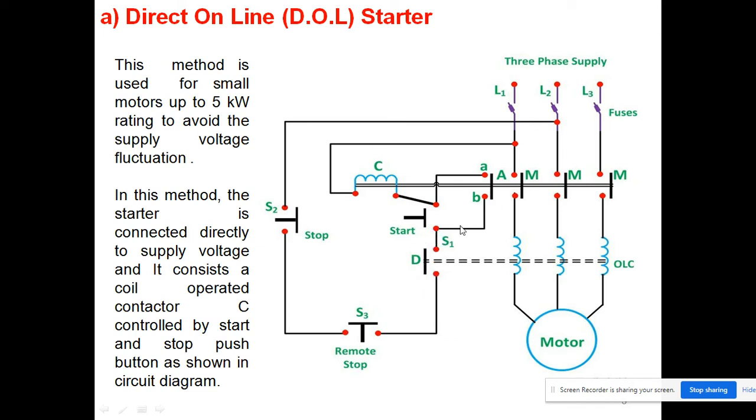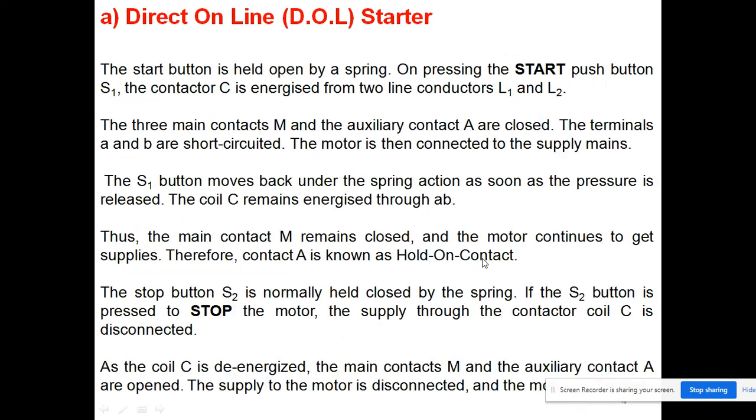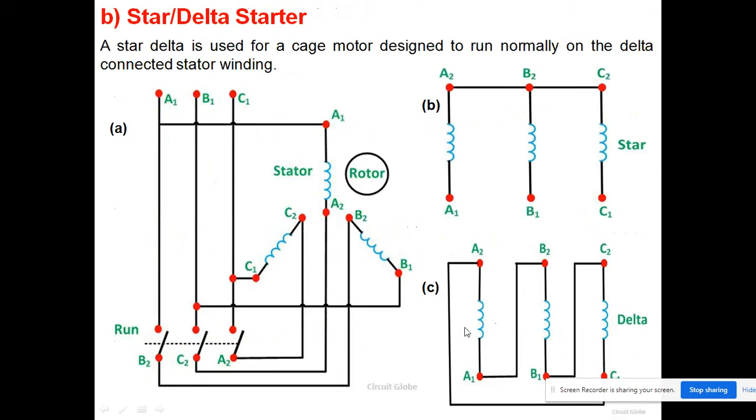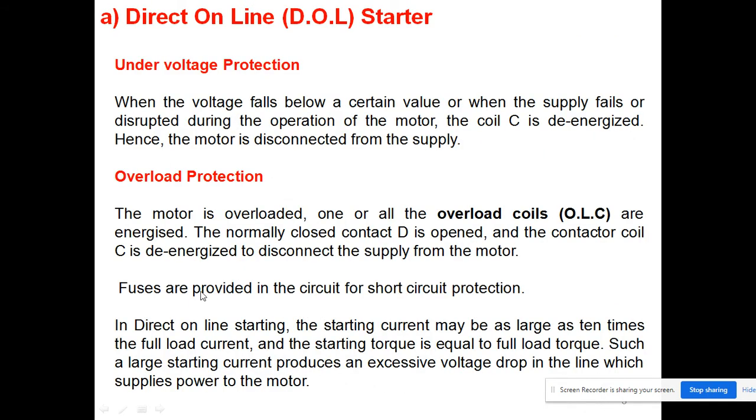It means these are energized because of the overload, and our switch is moving in the left direction, and due to this the circuit is not closed now. In this condition, this coil is de-energized, and this switch is moving to the right hand side, and this connection is discontinued now here. Okay, so fuses are provided in the circuit for short circuit protection. Already I told you.